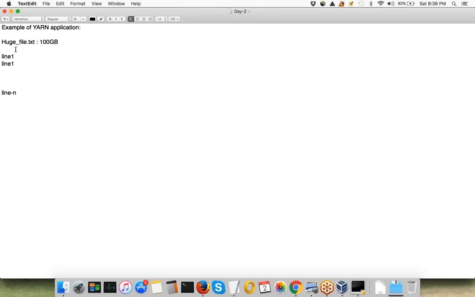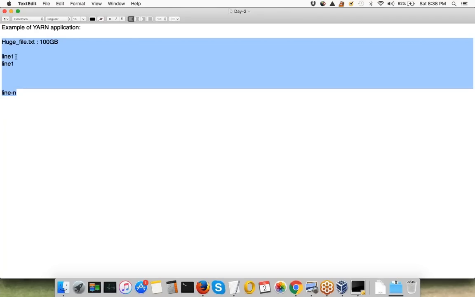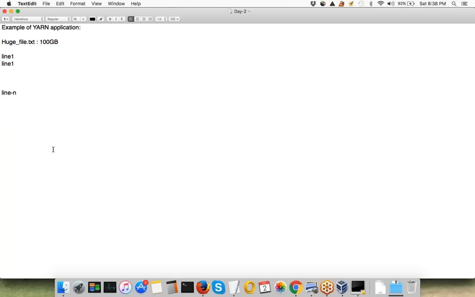We already know when you write such a file in HDFS, it will be divided into blocks, and those blocks will be written on the slave nodes, right? So we can assume for now that we have slave 1, slave 2, slave 3, and similarly up to slave 10.